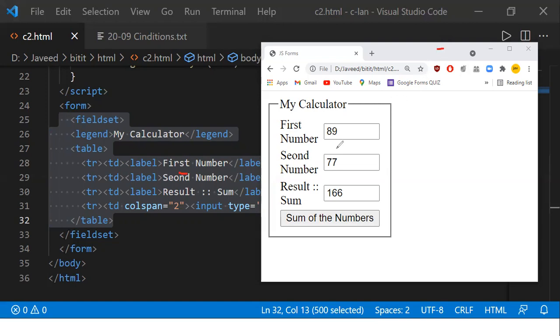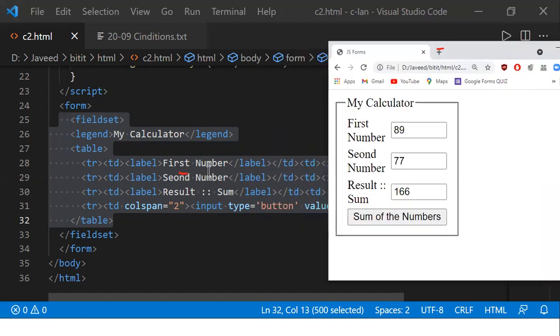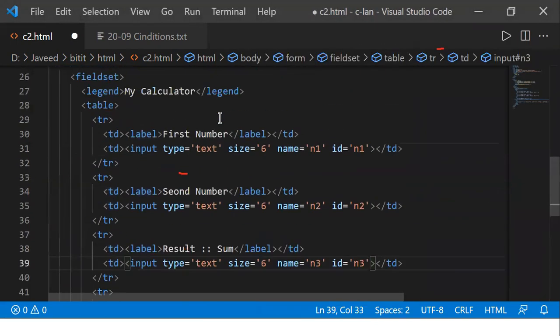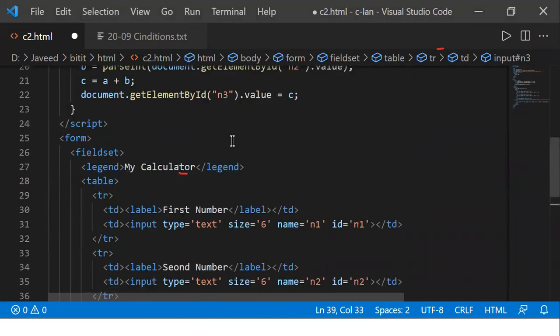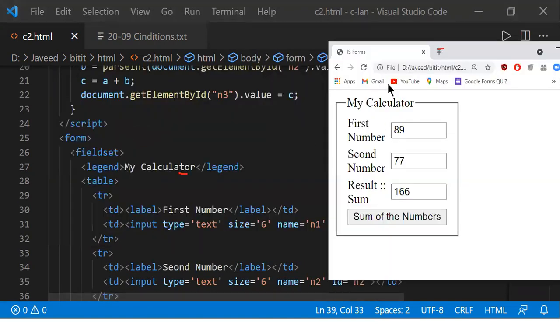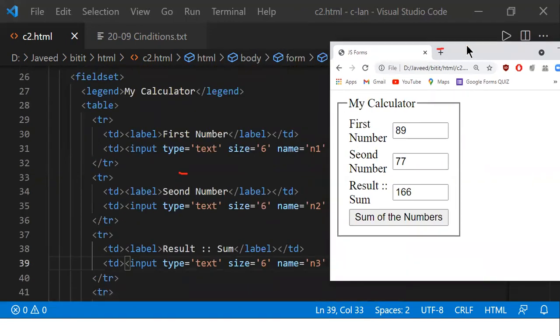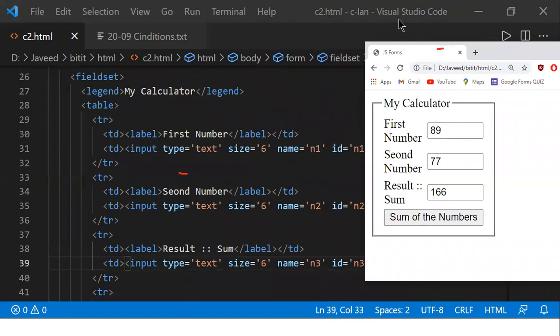Let me make a small change now. It has taken care of some formatting part. That is a built-in feature that we have in Visual Studio Code. Yeah, so let me talk about this one. Now the explanation part we will look into.